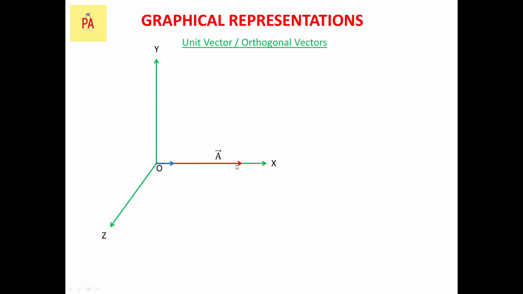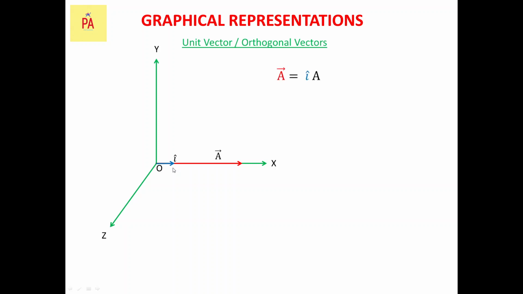If I consider the x axis, on the x axis we have vector A. We have taken a small vector, if you see here, and we have considered its value as 1. So what it represents basically is that this vector, which has unit value along the x-axis, is named as I cap. This is universally accepted, so you need to write any unit vector along the x-axis as I only, no changing of the names.